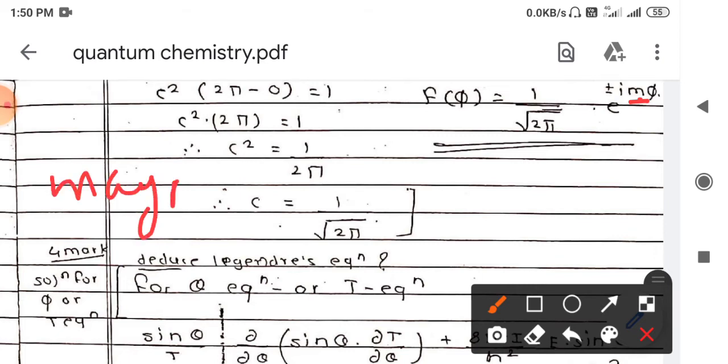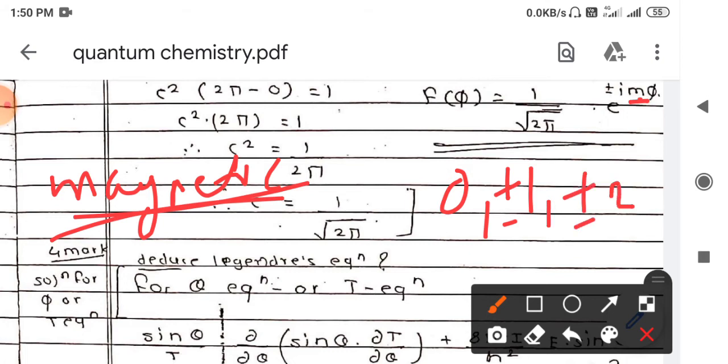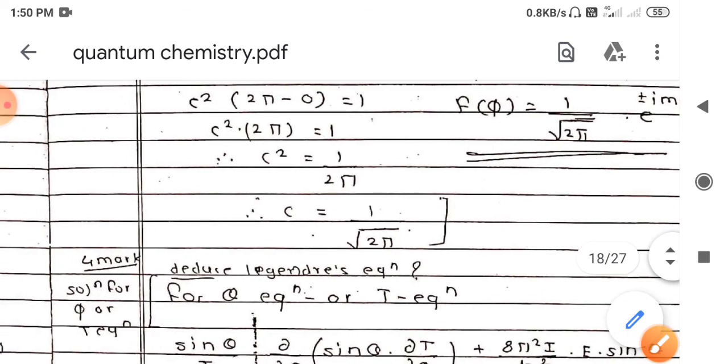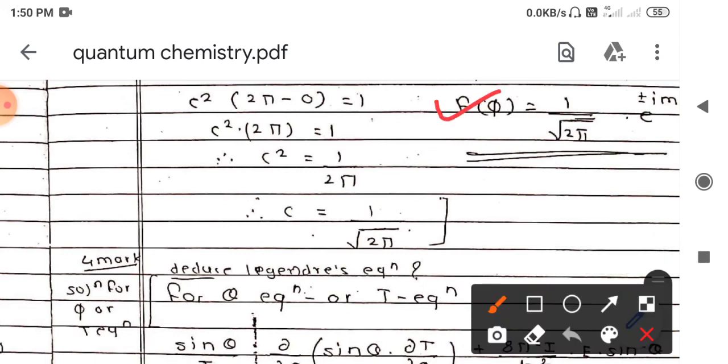We all know that the magnetic quantum number can have values of 0, plus or minus 1, plus or minus 2, based upon the type of orbital. For s orbital, the m value is 0. For p orbital, it is 0, plus or minus 1. For d orbital it is 0, plus or minus 1 and plus or minus 2, and for f orbital there are 7 values, that is 0, plus or minus 1, plus or minus 2 and plus or minus 3. Those magnetic quantum number values are obtained using the f equation.